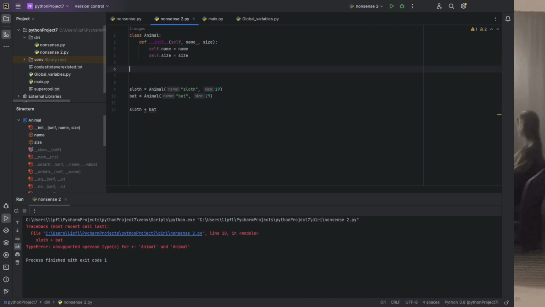So first of all, let's define what will happen if we are gonna add an animal to another animal. And for that we are using __add__, and add always takes as arguments self and other. And next, we are returning something, because we need to return something. And that is, in our case, another animal,